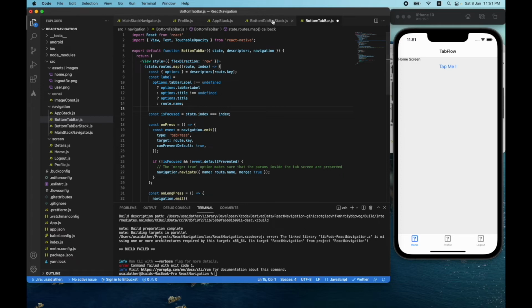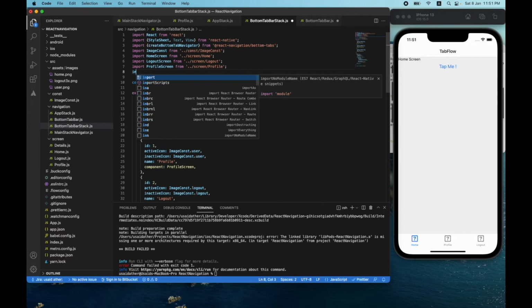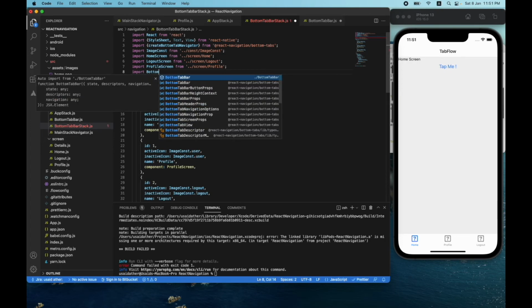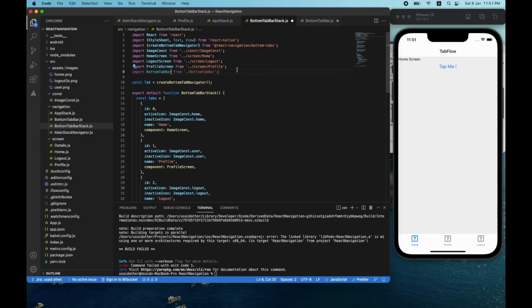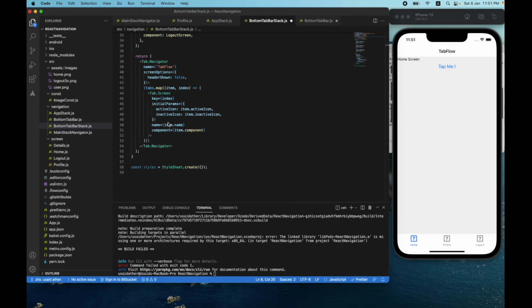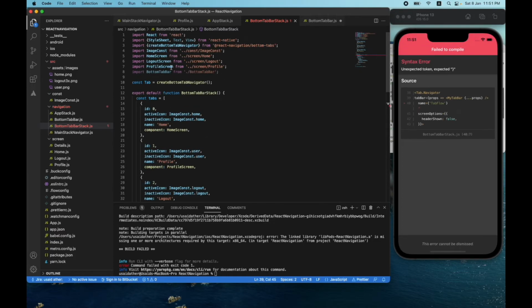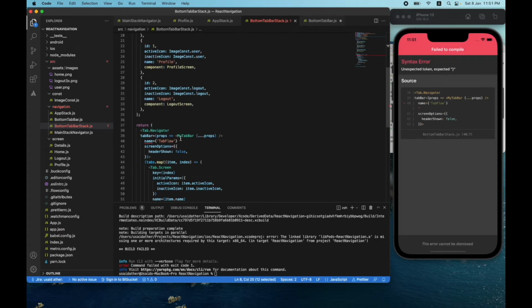Okay, then go to the bottom tab bar stack and import it here. Tab bar. Then if you copy this line and paste it here, and just close this tab here,